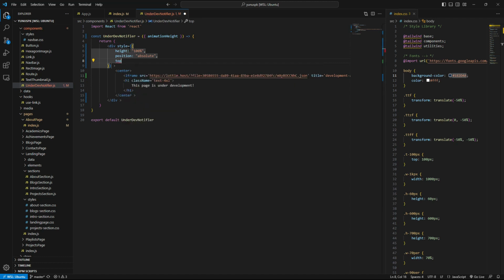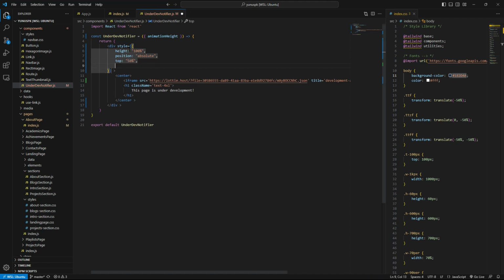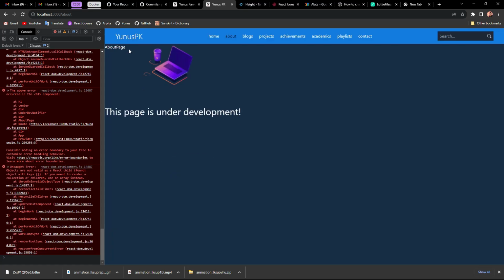From the top it would get 50%, and then transform, translate, zero comma minus 50%. That's it. Okay, let's get to that.